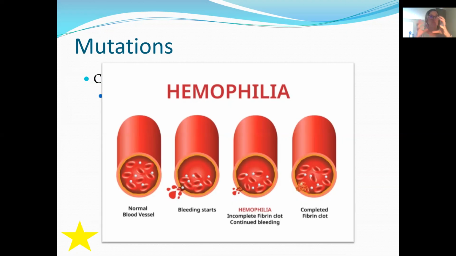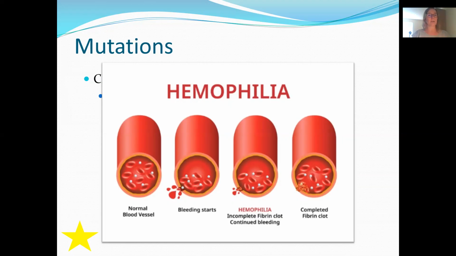So shape does determine function, getting back to our objective. People with hemophilia, their fibrin protein does not work well, and the fibrin protein is responsible for